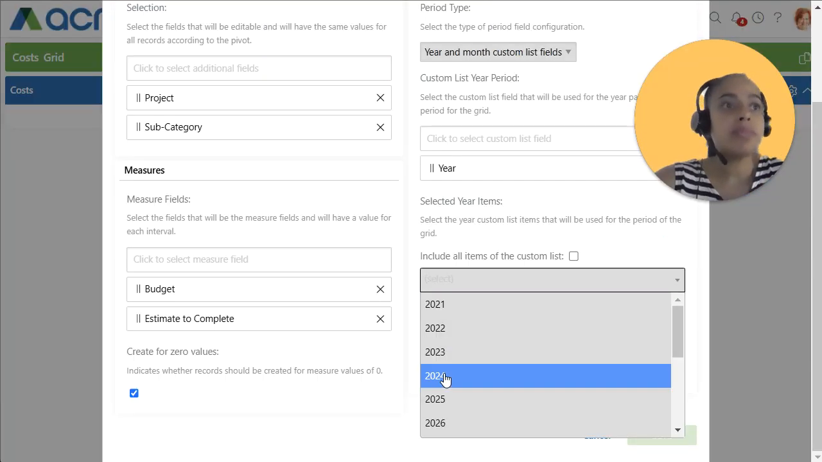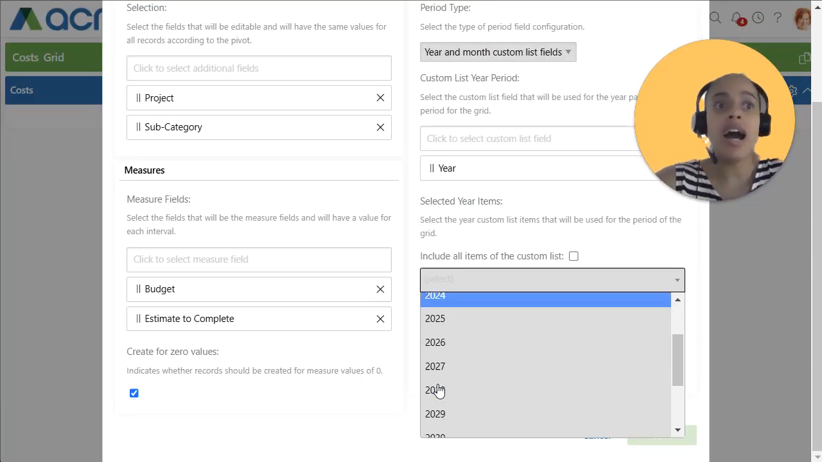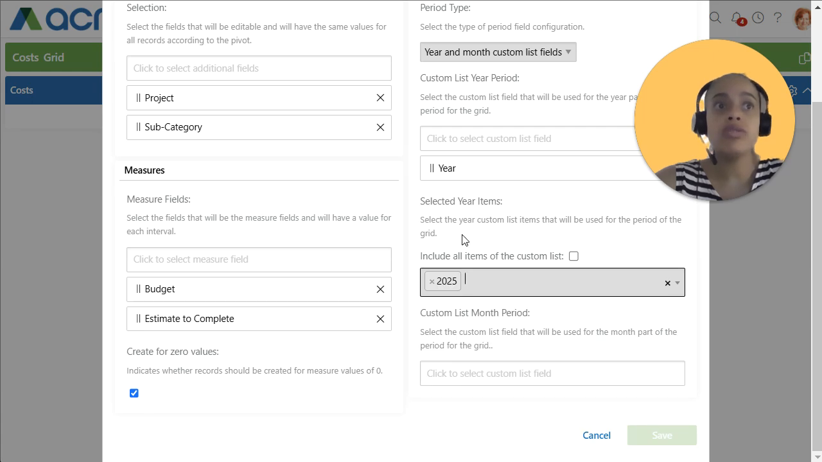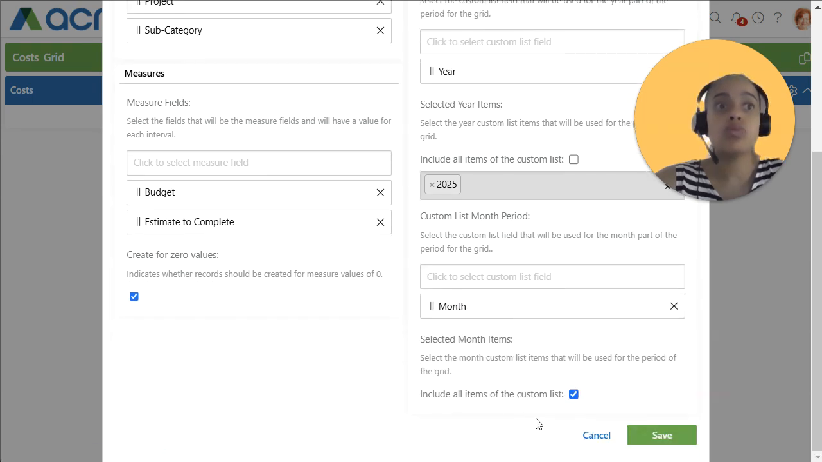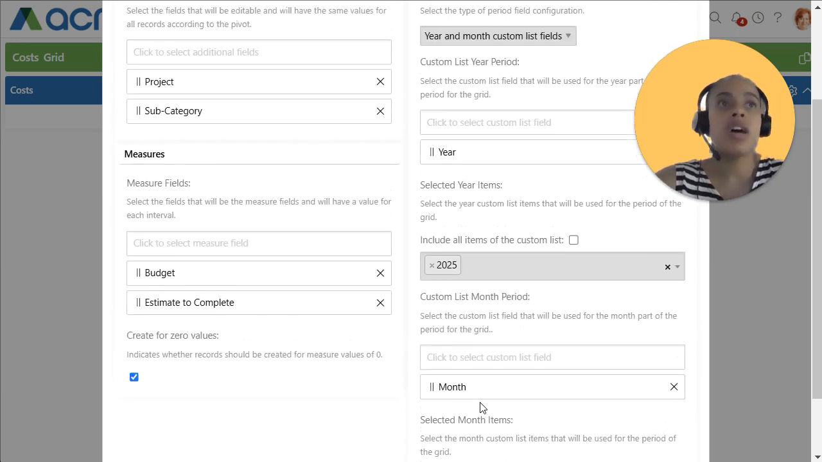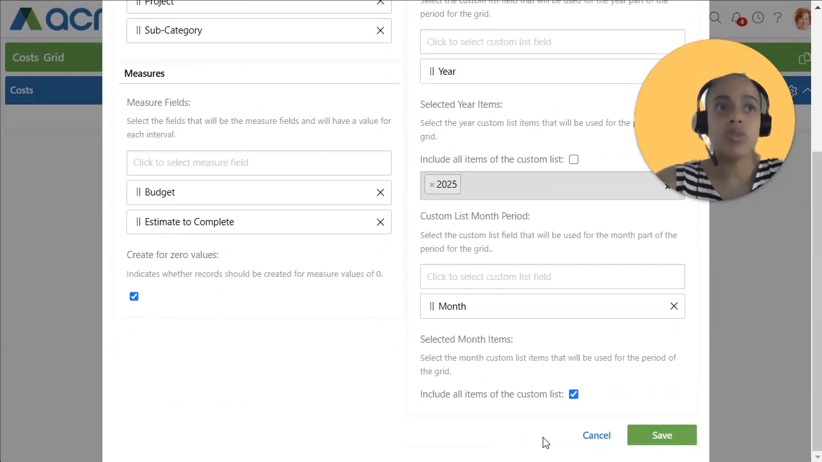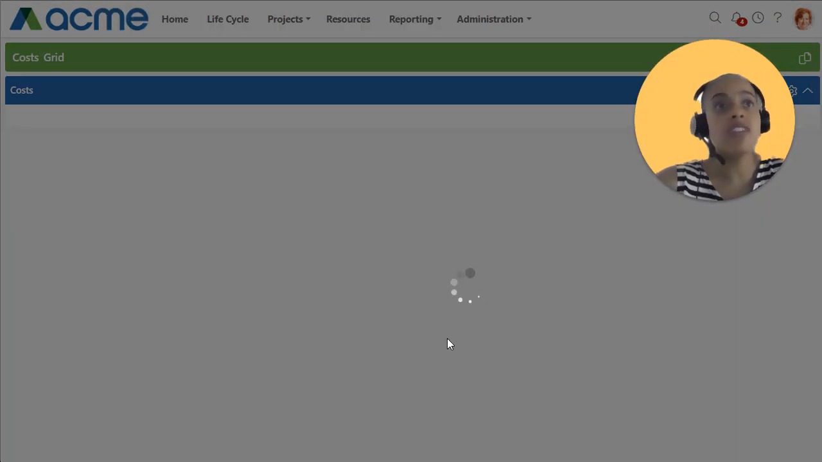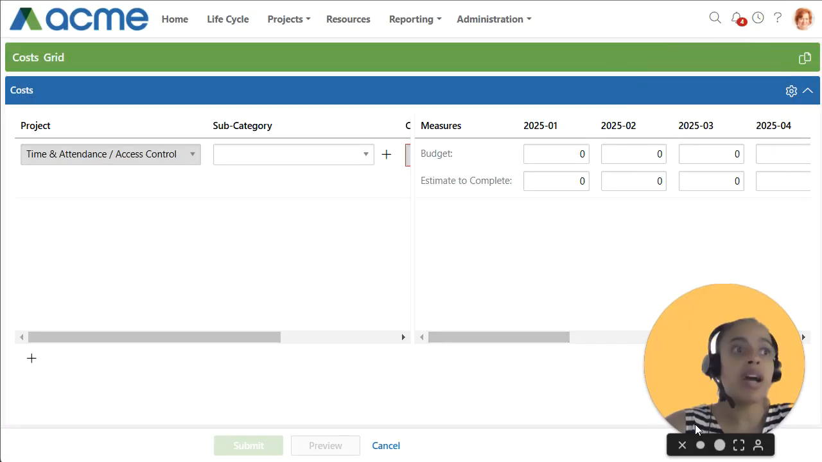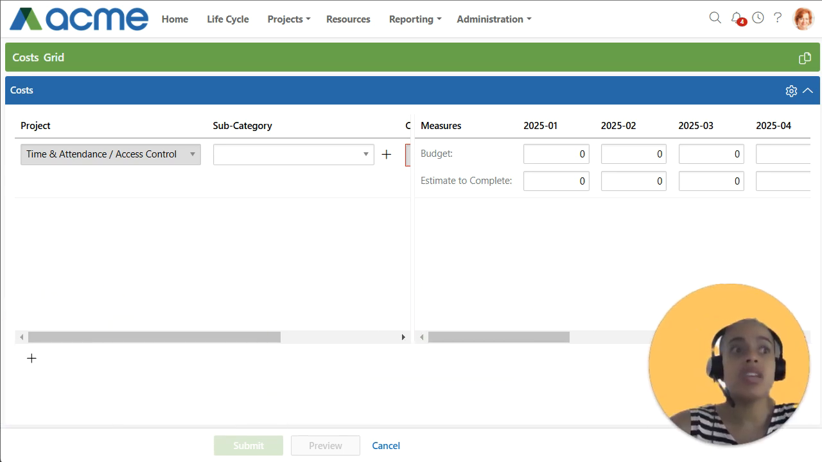So going back to my grid, you'll see I just want values for 2025, my year's 2025, and my month is where it would make sense to select all the items in the list. So you'll see 12 months, 12 values in that list, and this is what I would have configured here. So if I save my settings on my grid screen, you will see that